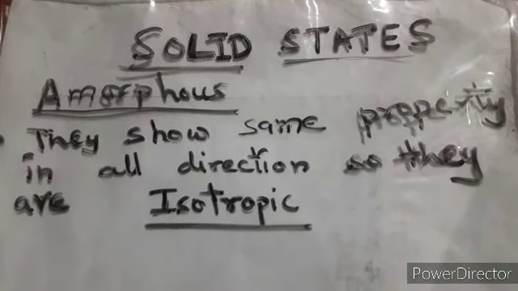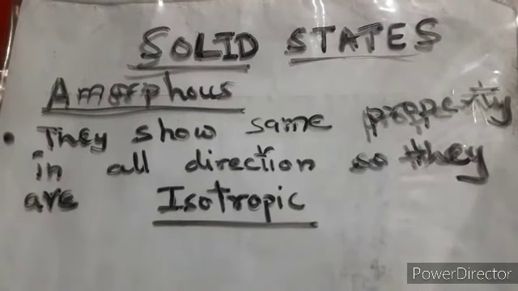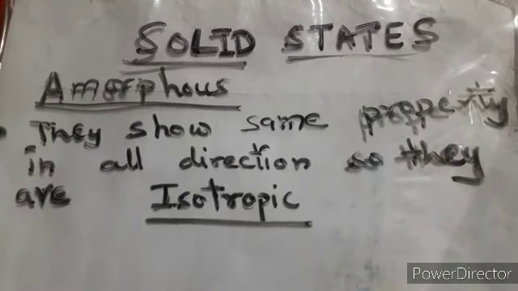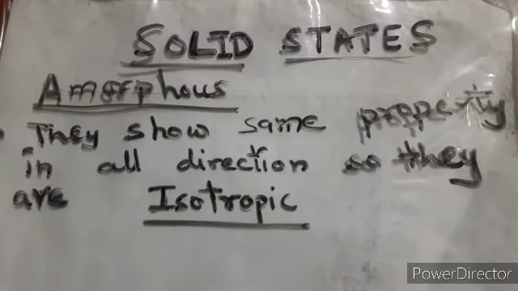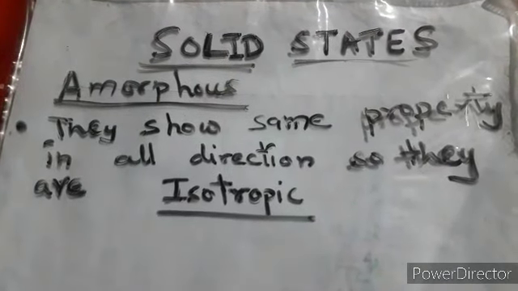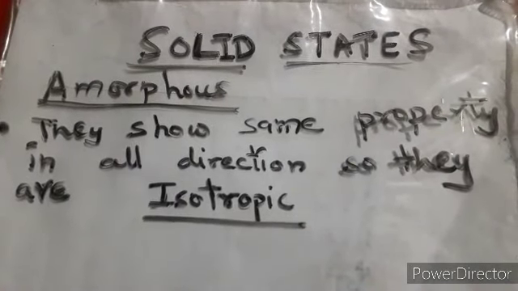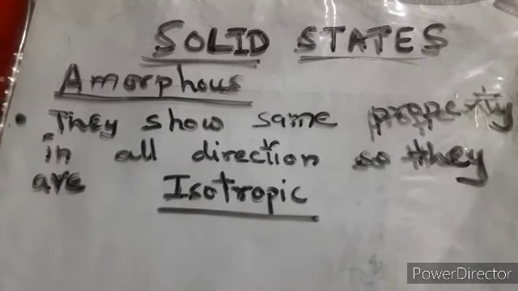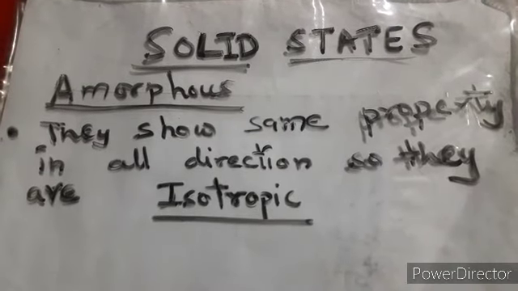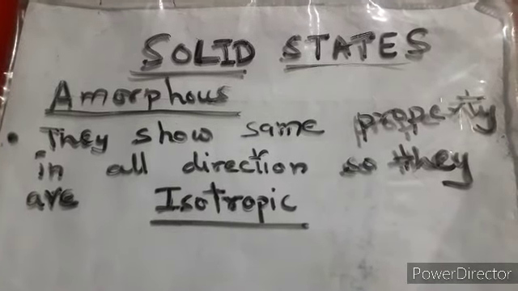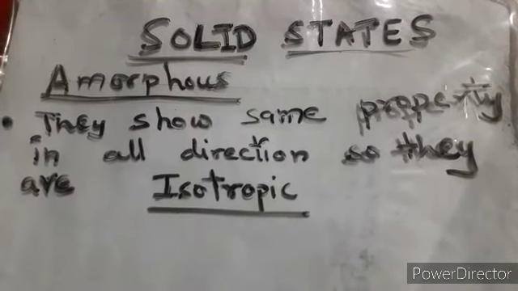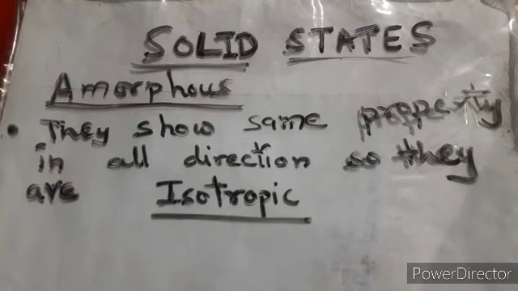Over there you have seen different properties in different directions, but over here they show the same properties in all the directions. Once again, I'm focusing on the properties. I think in the crystalline I have not mentioned that solids possess certain magnitudes of properties, like resistance, refractive index, electrical properties, and thermal expansion. So all these properties have the same magnitudes in the same direction.